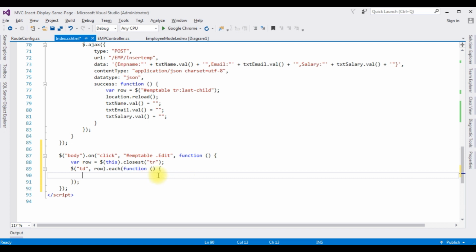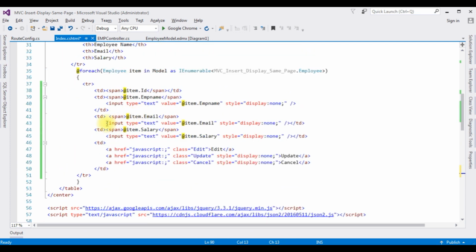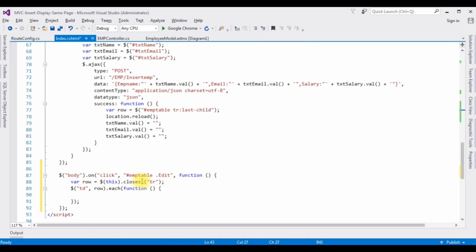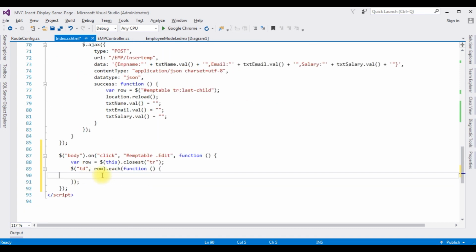Now here in this function I'm implementing the functionality. When we click the edit link button, I want to find the particular row of the control. Here the particular row of the control is the input type text box control. I want to make it visible. So here, if $(this).find the element is the input, length is greater than 0,